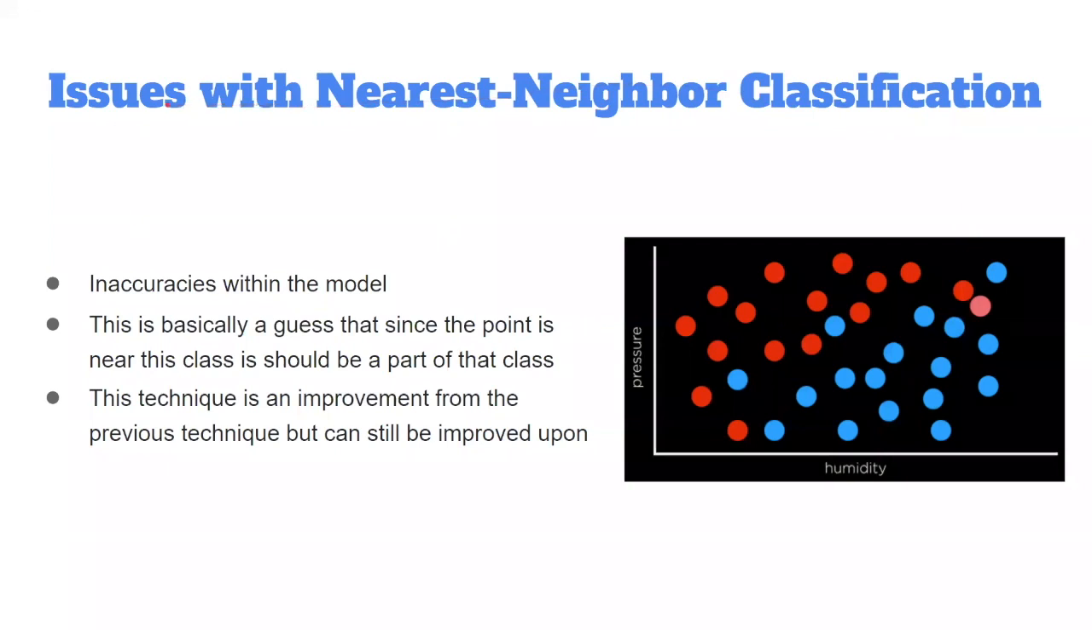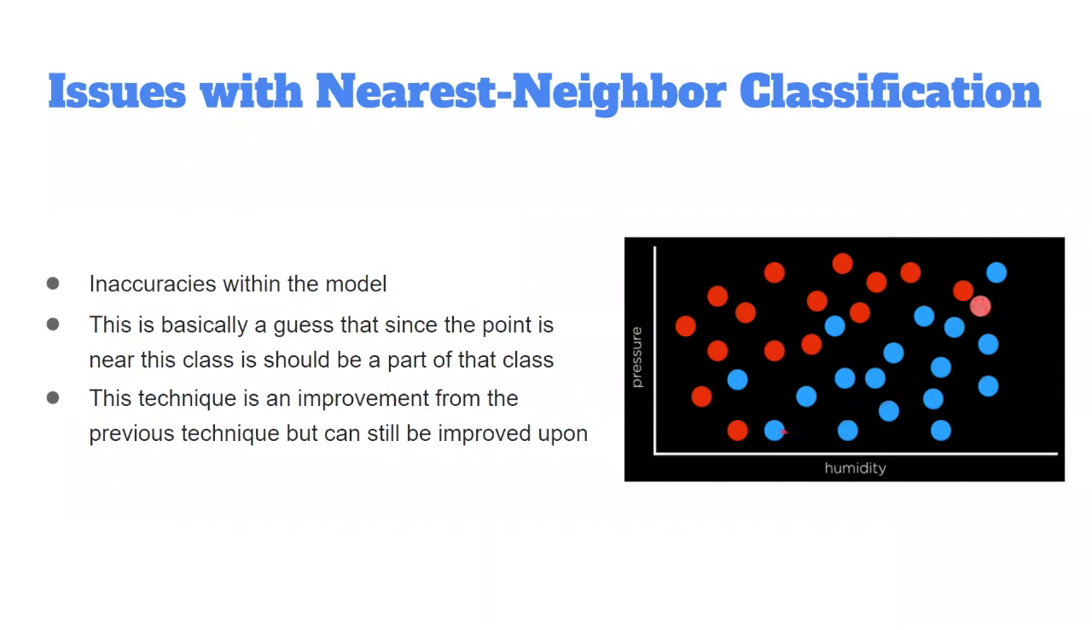And of course, there's also issues with this model as well. So again, it's just inaccuracies within the model. Using a nearest neighbor approach is sort of just like a guess that you're assuming the closest class would be the most accurate, and that's not always true, as we can see in this example. However, this is an improvement from the previous technique because instead of having a fixed linear boundary,